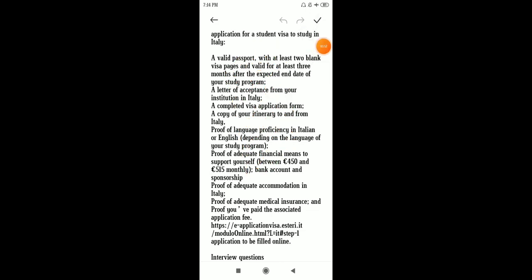Okay, next is your accommodation proof, where you are going to live. Your medical insurance, plus your travel insurance should be there. Many students are preferring Reliance. I'm not endorsing Reliance. You can take Bharti AXA, Reliance, or Bajaj Allianz. There are many. The minimum duration is 3 months, but to be on the safer side, you can take up to 6 months also.